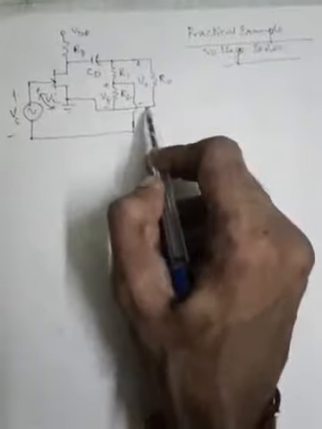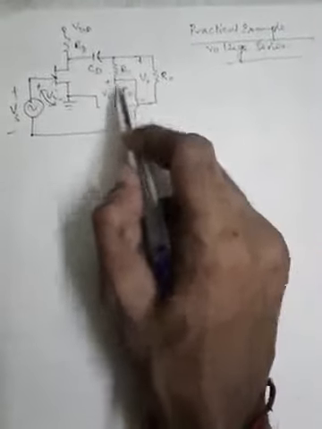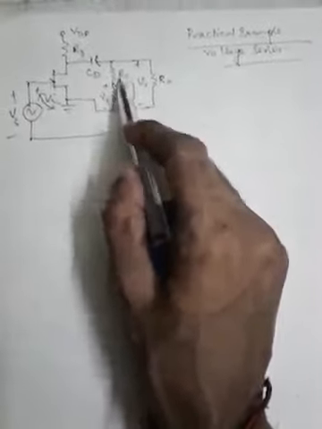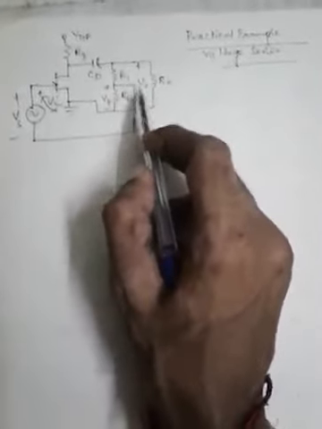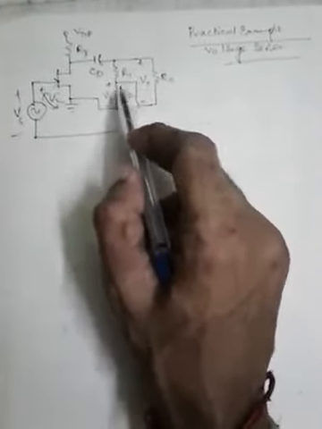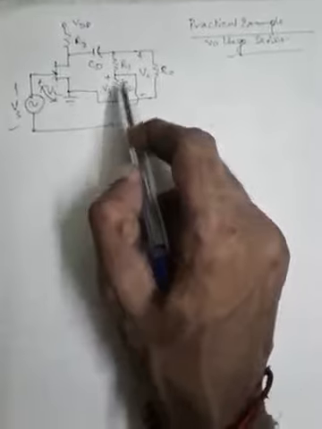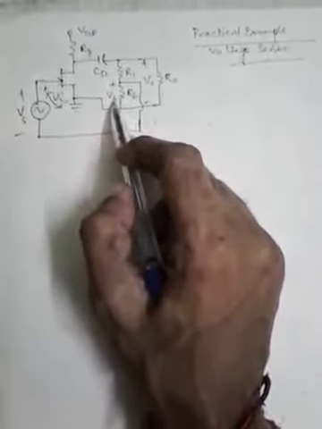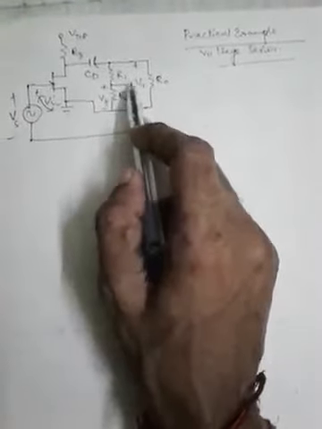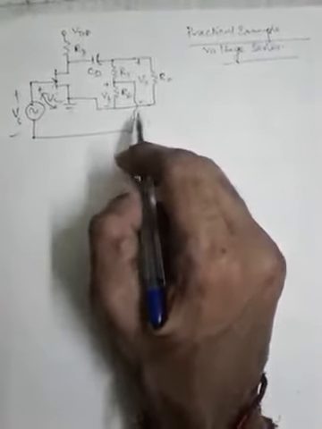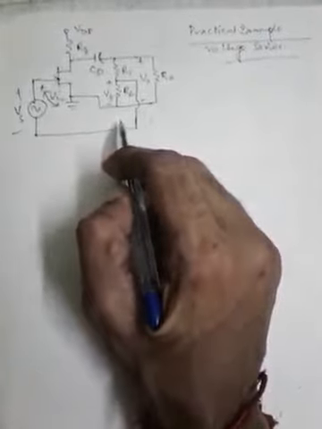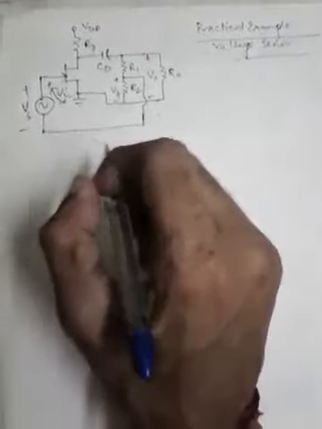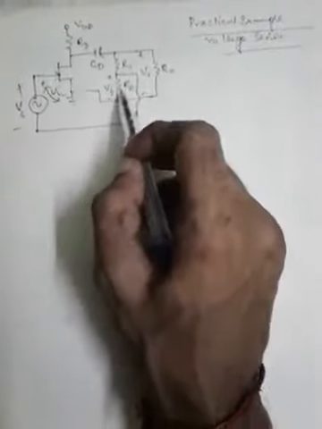A part of the signal from the output, across which a voltage divider circuit is connected with R1 and R2, and a part of the output voltage across this R2 is taken as VF, which is the feedback voltage. That is taken as a portion from the output using this feedback network of resistors R1 and R2,